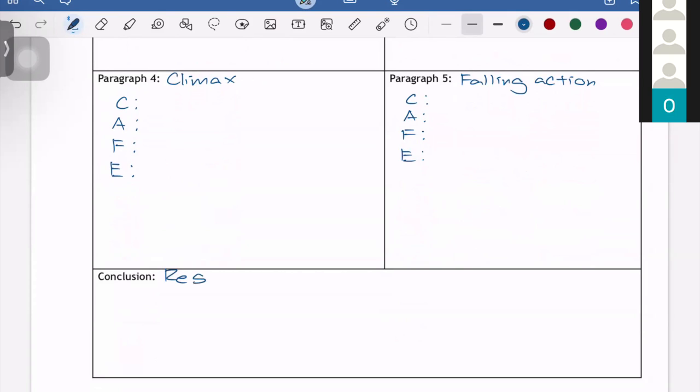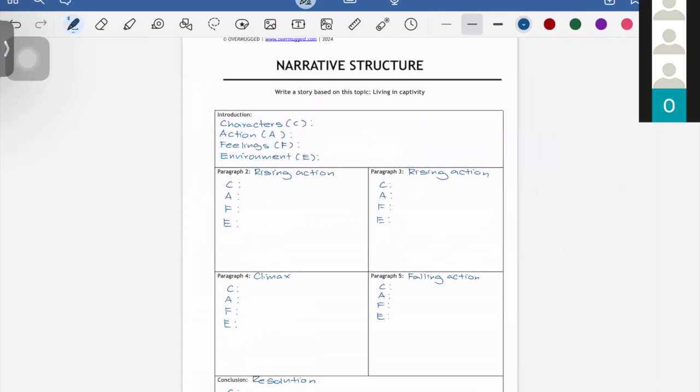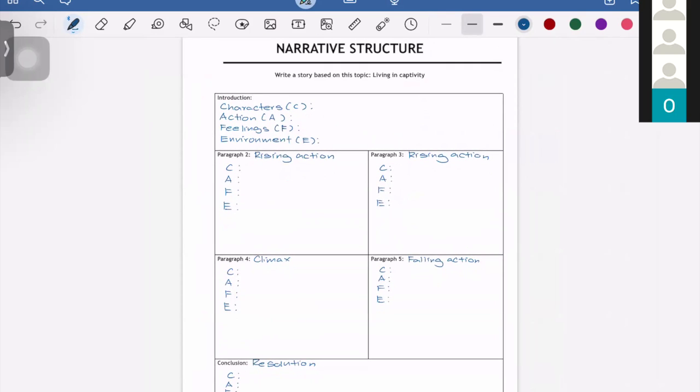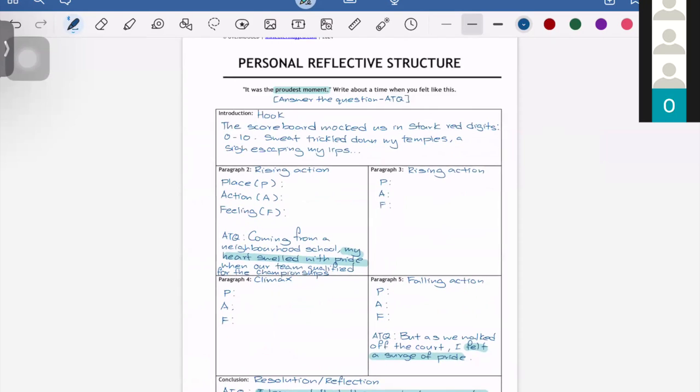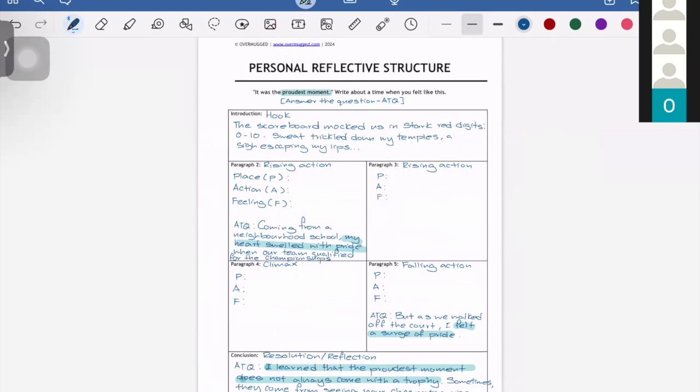Conclusion, your resolution. That would be your structure for your narrative essays and the body paragraphs. Those who needed the personal reflective structure,